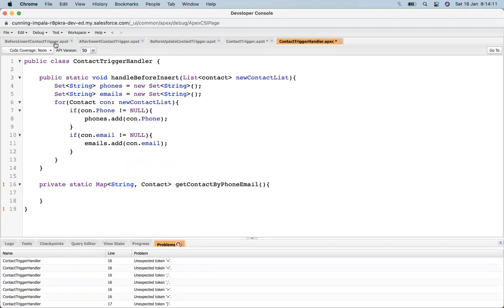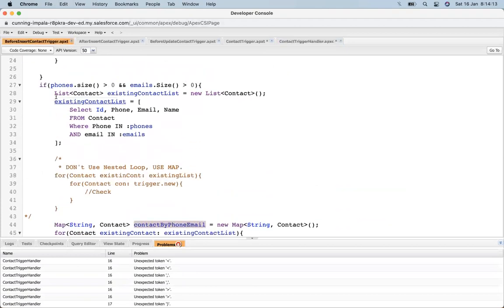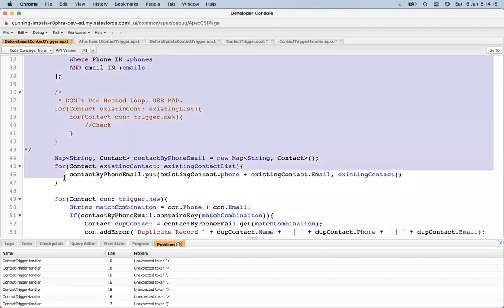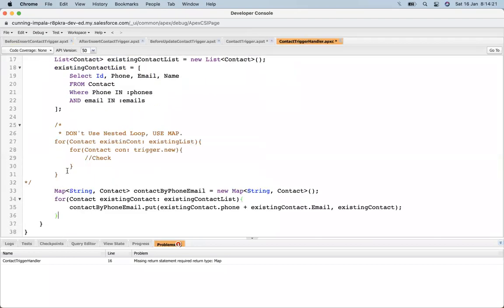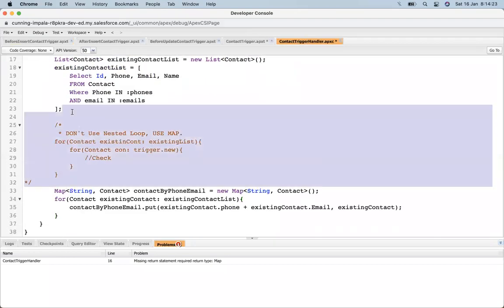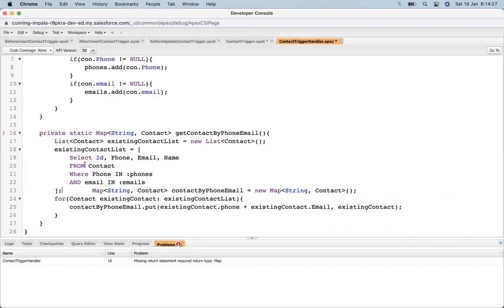And in that, what should be the logic? This is the logic, so I will copy it from here and paste it here. I don't need this, and then return it. Contact by phone, this one.